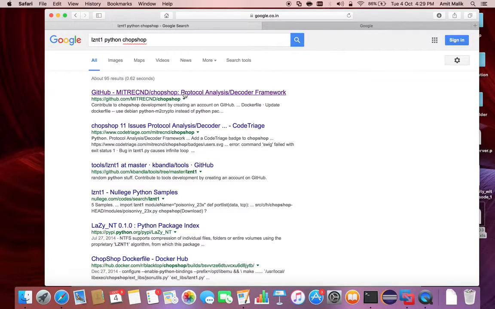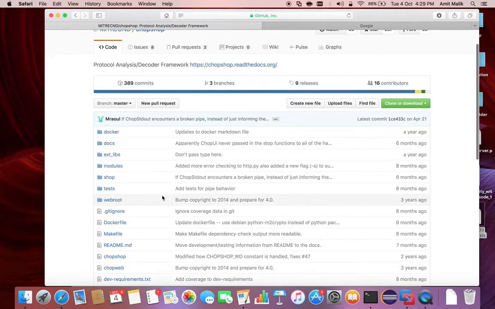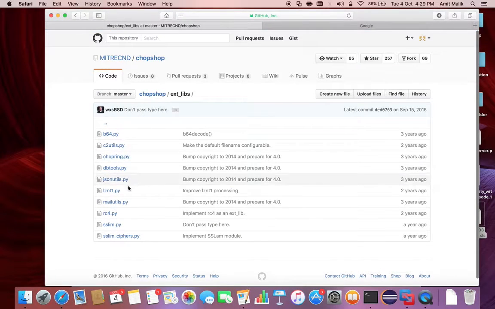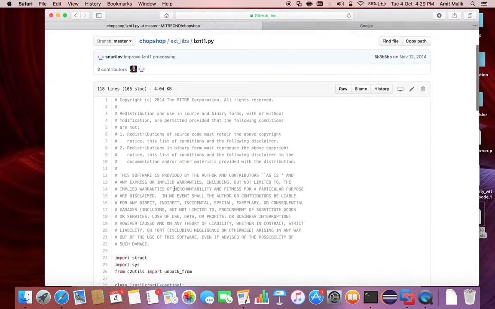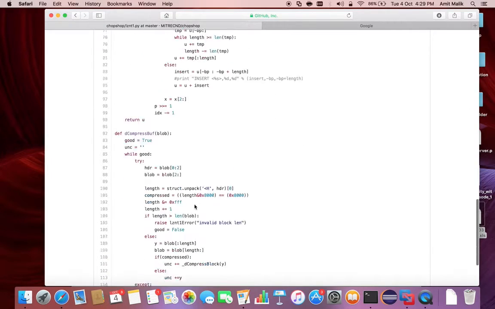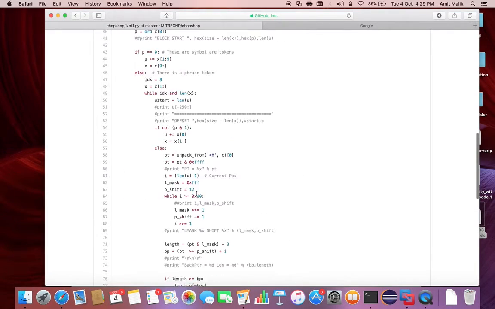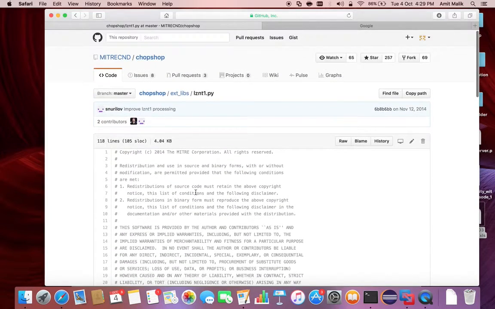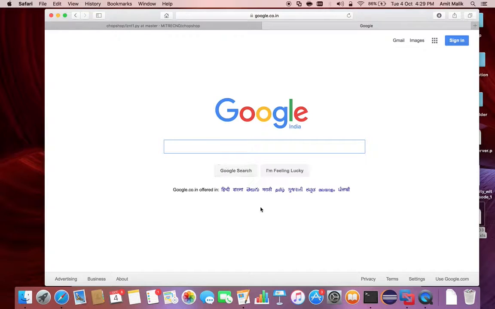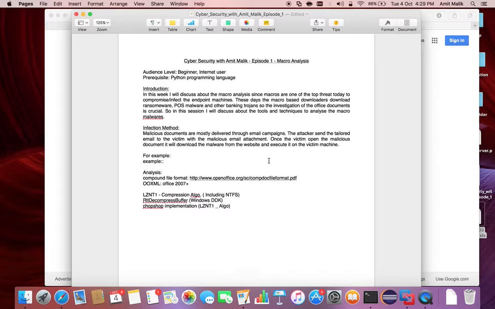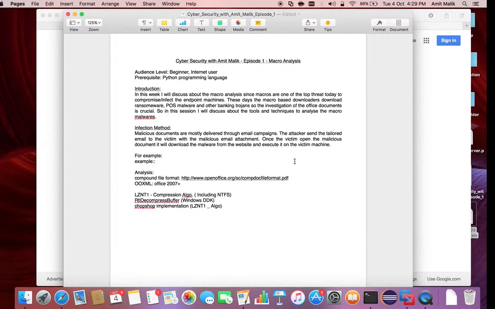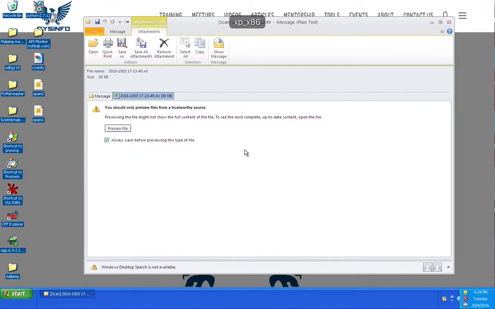So this is the directory, and we should see lgnt1.py here. You can use this to decompress the buffer, just for your own tools. But before we go into our own tools and the techniques, one way is to quickly analyze the malware. The macro malware is basically to